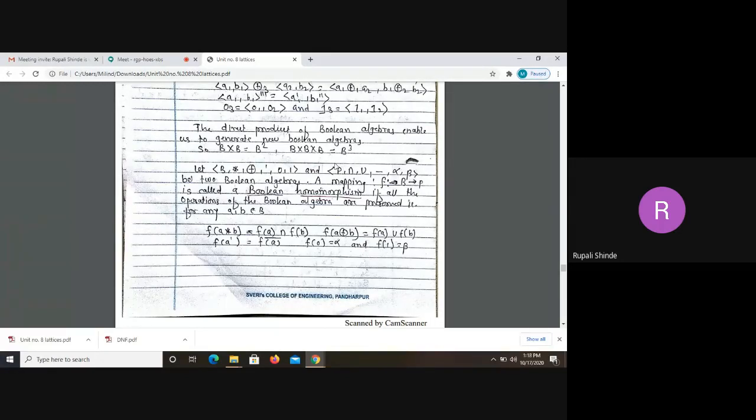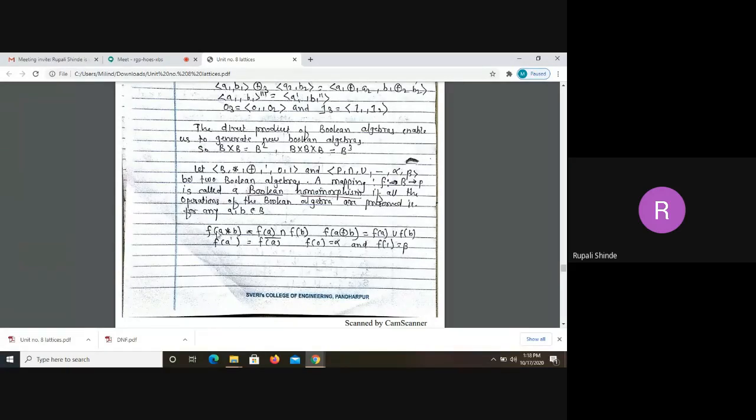Now we have to define homomorphism. Again we have seen, in order to define homomorphism, we have to apply a function. So here we have taken that function f, and that is a mapping from set B to set P. So how can we define this homomorphism? For that purpose, we have considered two elements a and b that belong to set B. If we want to apply this function f on a and b with respect to the operation star, then we can write f(a * b).